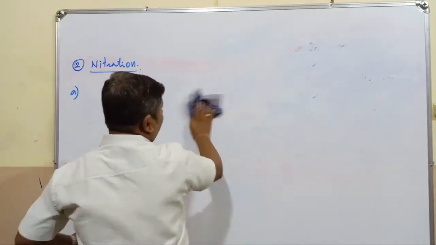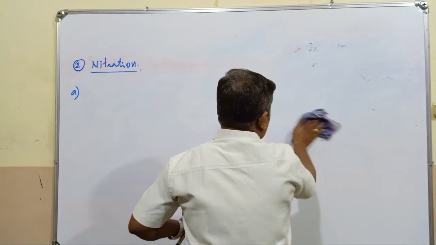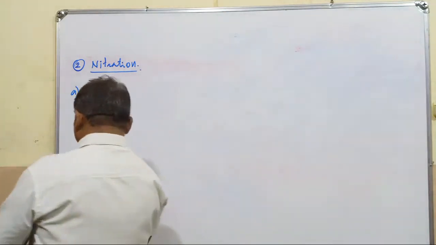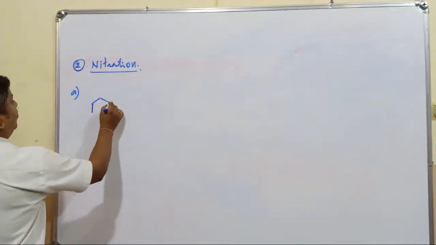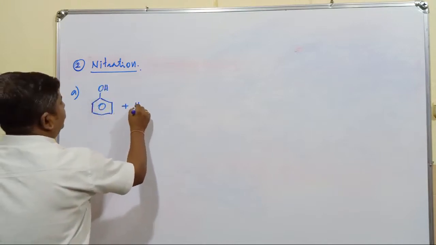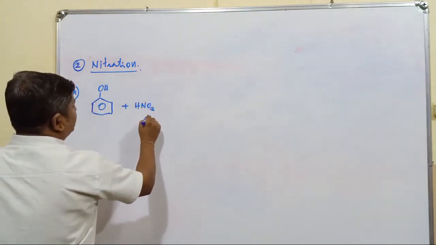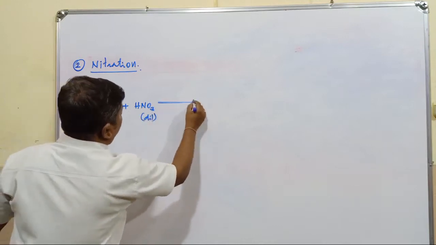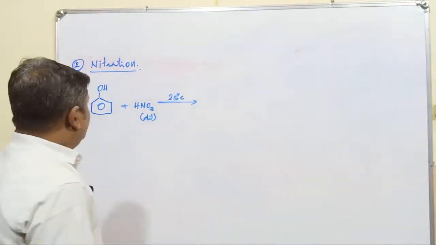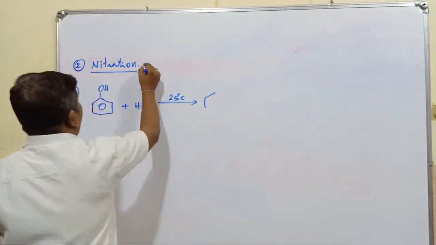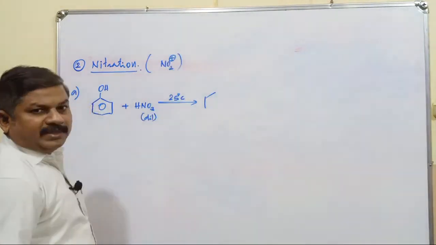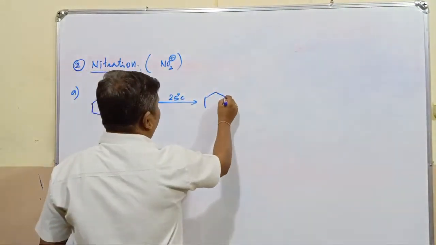First one with dilute nitric acid. Usually 20% nitric acid is considered. Next one, concentrated nitric acid. This is the compound phenol. Whenever phenol is treated with HNO3, generally it is dilute HNO3, at 25 degrees Celsius. So here the main electrophile during nitration, remember, is NO2+. What's the name of NO2+? Nitronium ion. If you remember the electrophile, that's it.